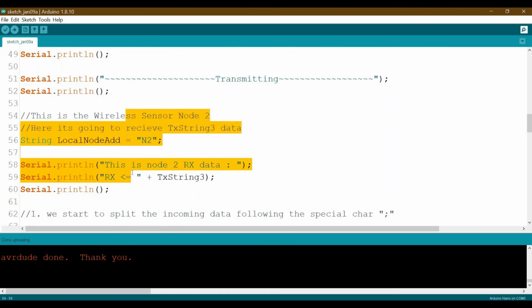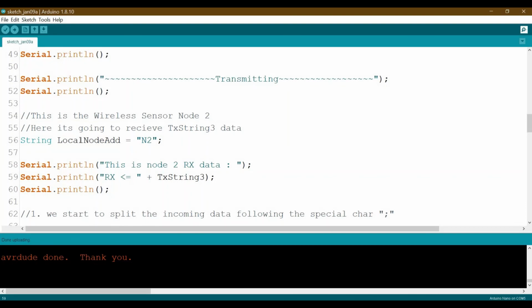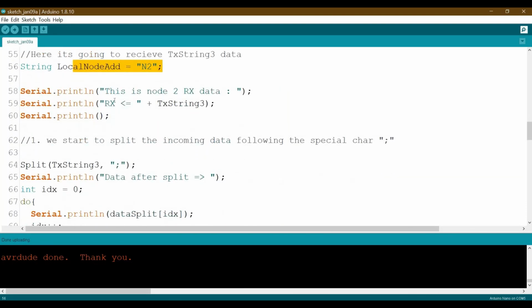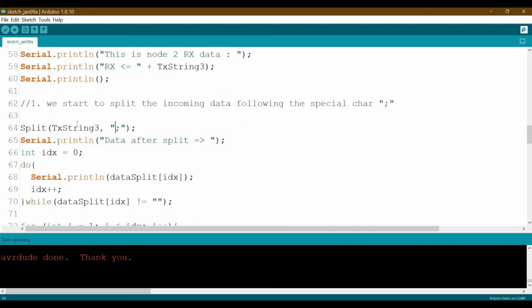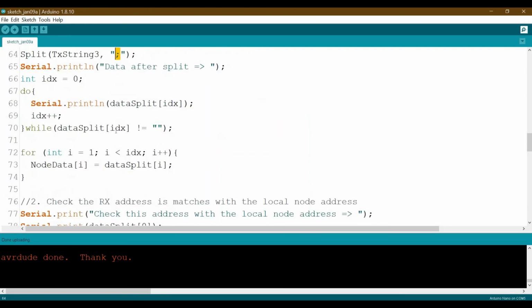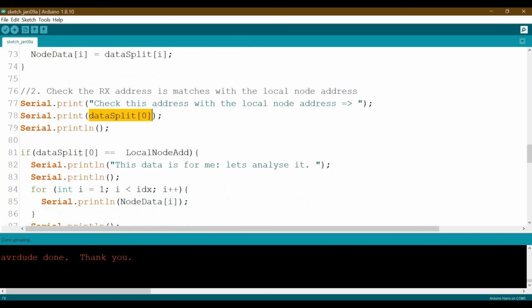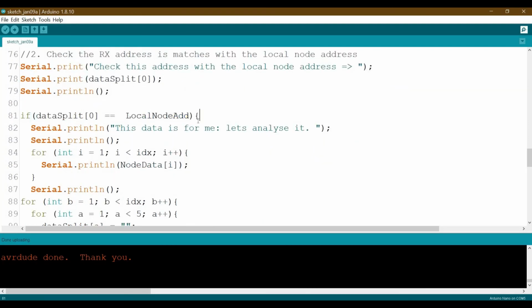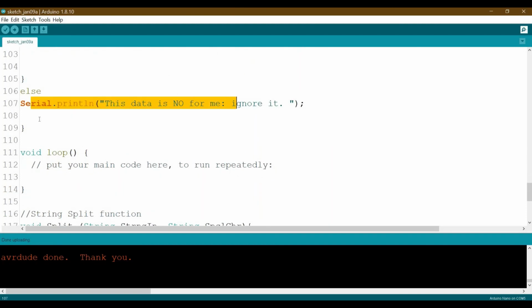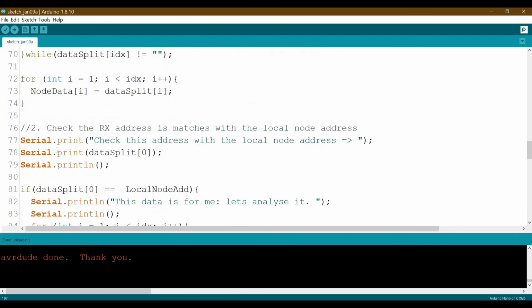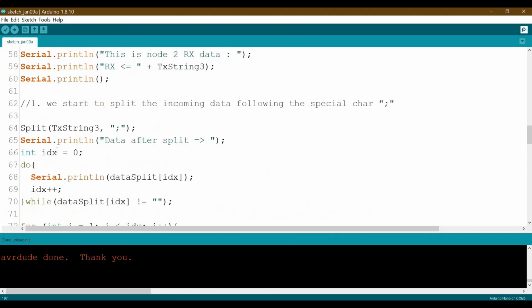Then this one will be on the receiver side. So for the receiver, first of all, we need to declare the receiver location. Then it will split the incoming string based on the special character. Then it will take only the first location of the split result, the first location ever, and check if it matches the local one or not. If it doesn't match, you directly say just ignore and close the loop. If it is matched with the local one,